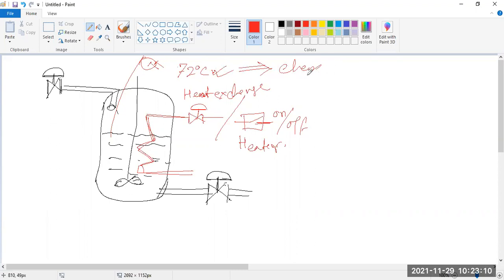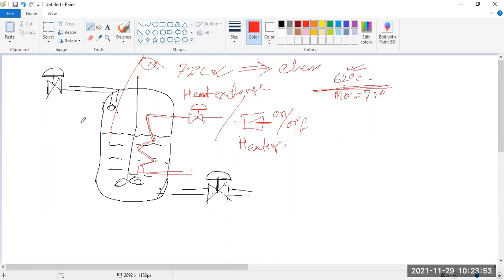Say ethyl alcohol evaporates at 62 degrees centigrade, but methyl alcohol becomes gas at 72 degrees centigrade. So if I want to distinguish methyl alcohol from ethyl alcohol, then we have to keep the temperature at 62 degrees centigrade. So take it as an example. This type of crucial temperature is required, so we apply a temperature sensor and a total control system.